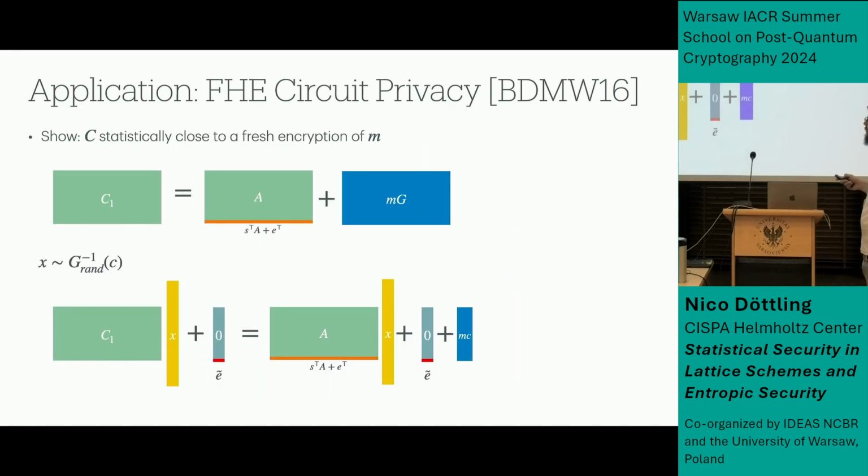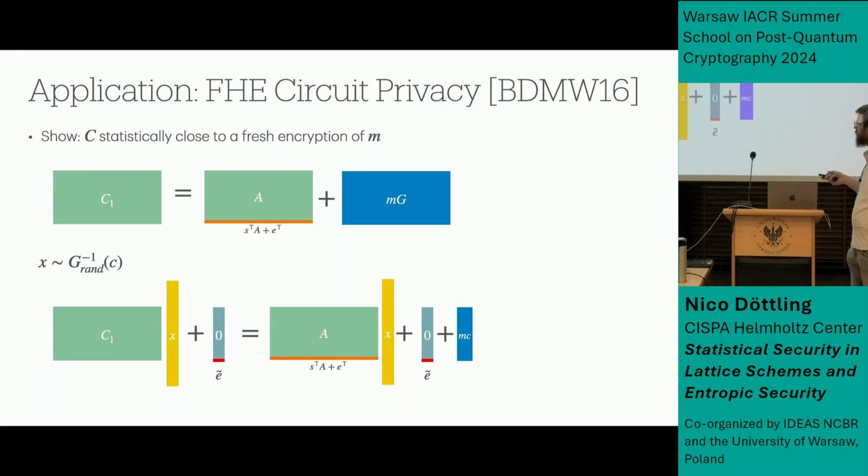So first off, let's say our ciphertext matrix C1 is again of this form A and SA plus E. Now this looks like a public key of GSW, but then again a public key of GSW is nothing but an encryption of 0. Right? So a GSW public key is just a 0 encryption, and I'm still having this payload component M times G. So if I now just look at a single column of the homomorphically evaluated ciphertext, I'm getting